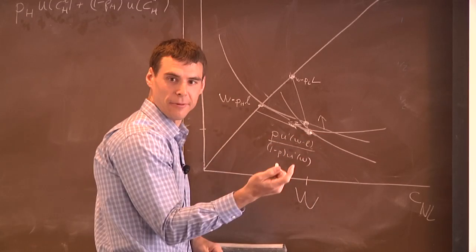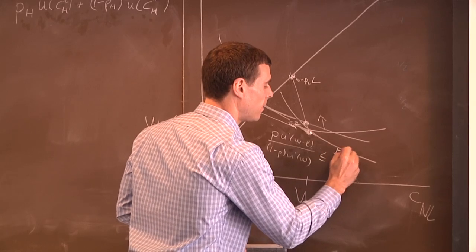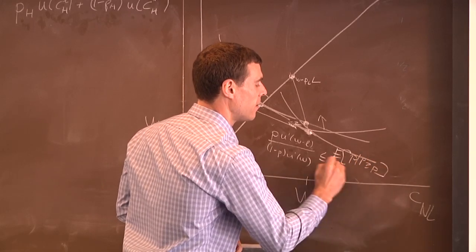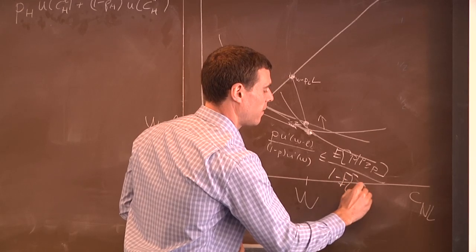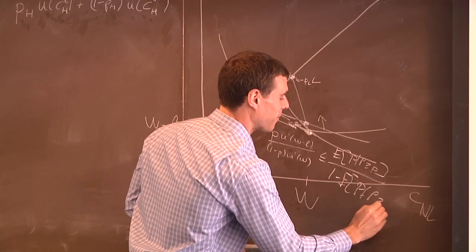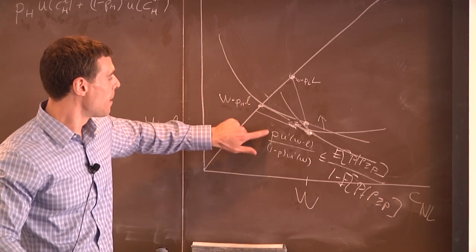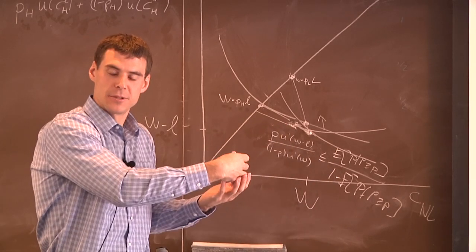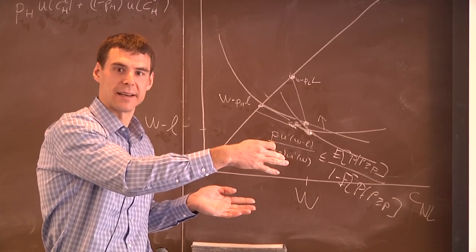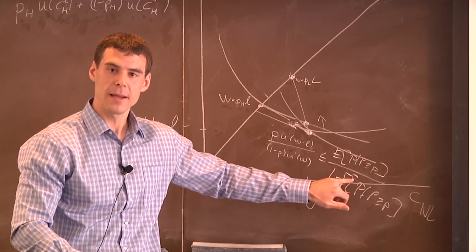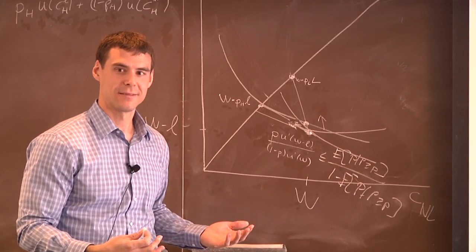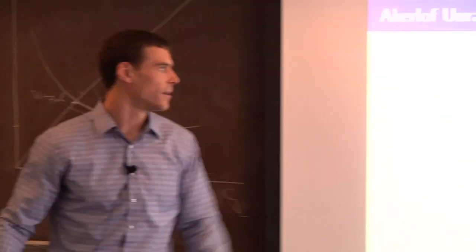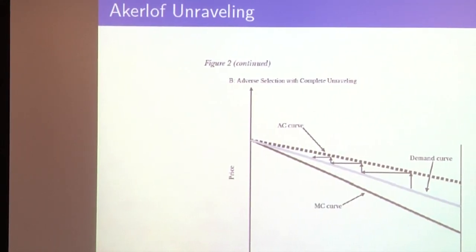And so Akerlof unraveling occurs whenever the average probability, let's call that capital P, for p greater than or equal to P, given p greater than or equal to P. Whenever this marginal rate of substitution falls below the average cost imposed by the presence of those higher risks selecting that contract, whenever this happens for all P, the market unravels. So you can actually see exactly how the adverse selection of Akerlof unraveling can be seen inside of the Rothschild